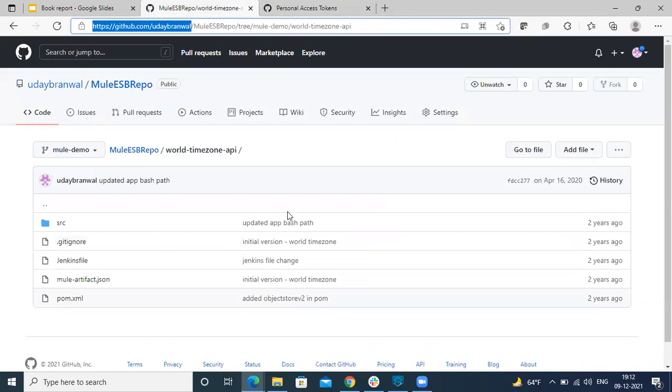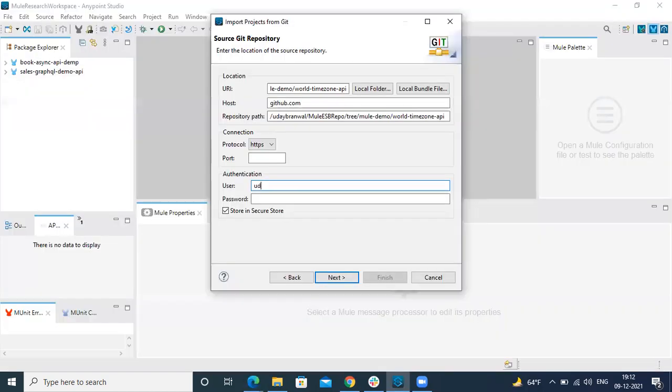And here I'm giving it, and you can select to store in secure store. So Studio will maintain your credentials under a secure vault.